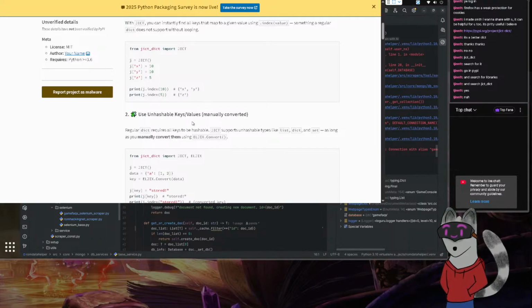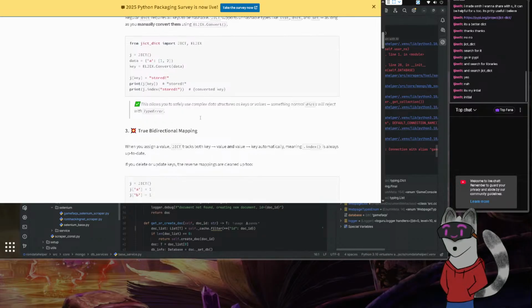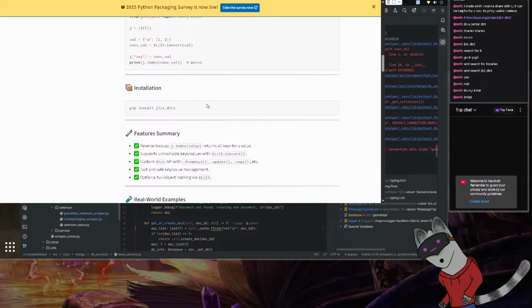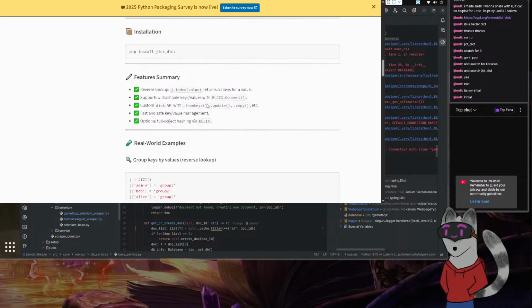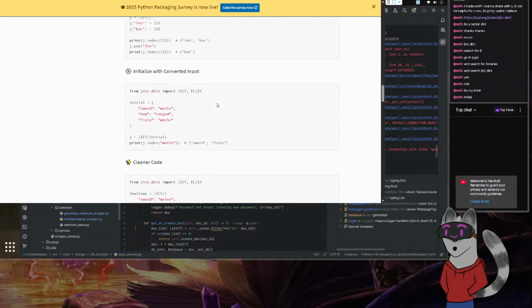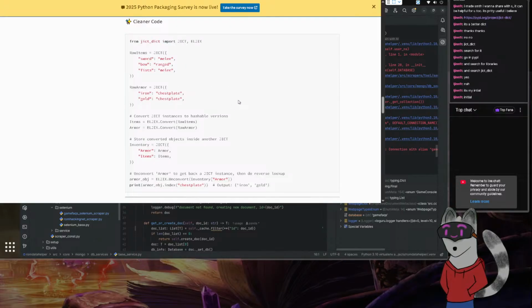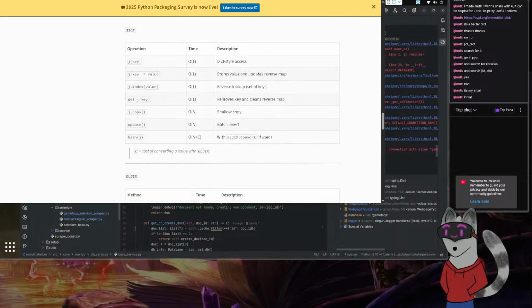Hmm. Nah, okay. Well, I like the look of this. This is one thing that I was thinking about. It's my initial. I see. This is your code. Oh, nice, nice. Let's see here. Key value index. This is the reverse lookup. There's delete, copy, update, and then